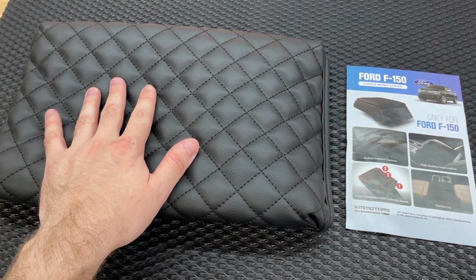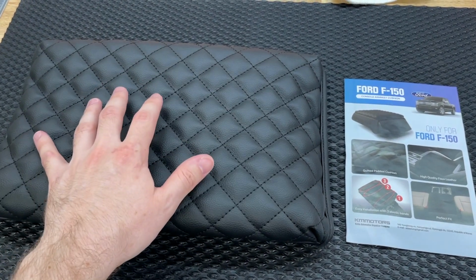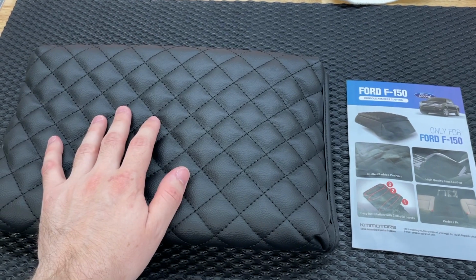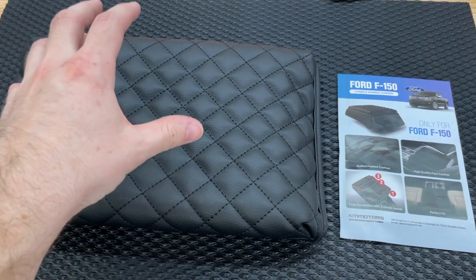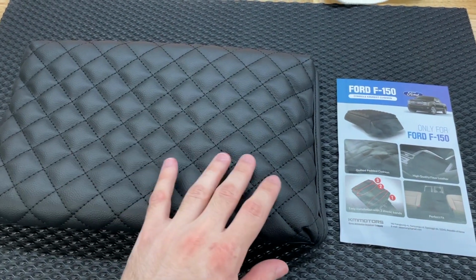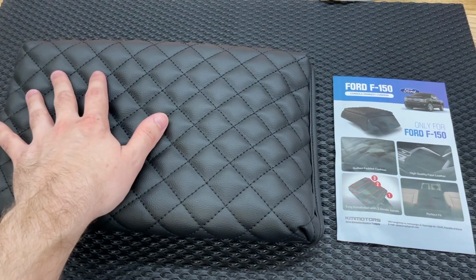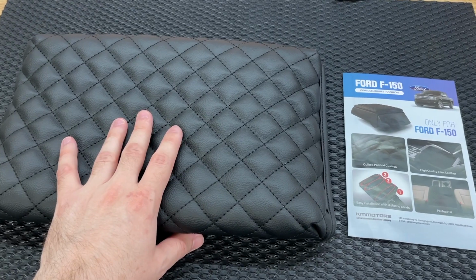I've been thinking about putting the OEM leather console cover on, which is actually the entire lid. That thing is between $200 to $300, somewhere in that ballpark right now in 2022, while it's still available at least. These are like 30 bucks. Now, granted, they're not probably gonna last as long, but over time you're gonna wear out the padding and everything anyway in your console cover. So the fact that it's a slip-on, as long as it looks decent,